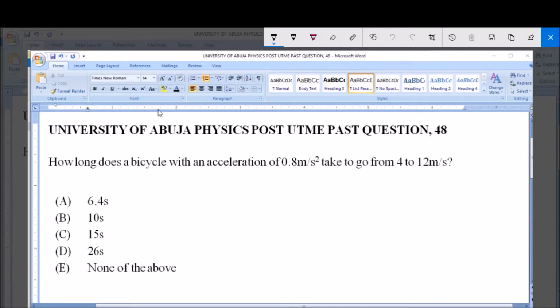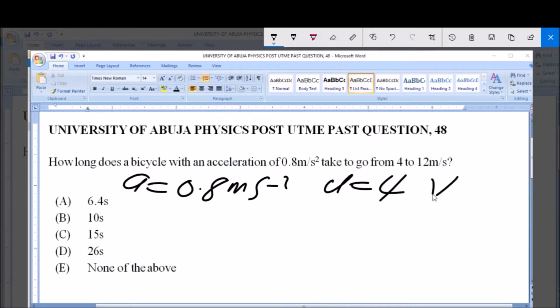Now this question is asking us how long it will take a bicycle to accelerate from 4 meter per second to 12 meter per second. The parameters we have are: acceleration A equals 0.8 meter per second squared, U, which is the initial velocity, equals 4, and V, which is the final velocity, equals 12. From the equations of motion, you can use the first equation of motion, which says V equals